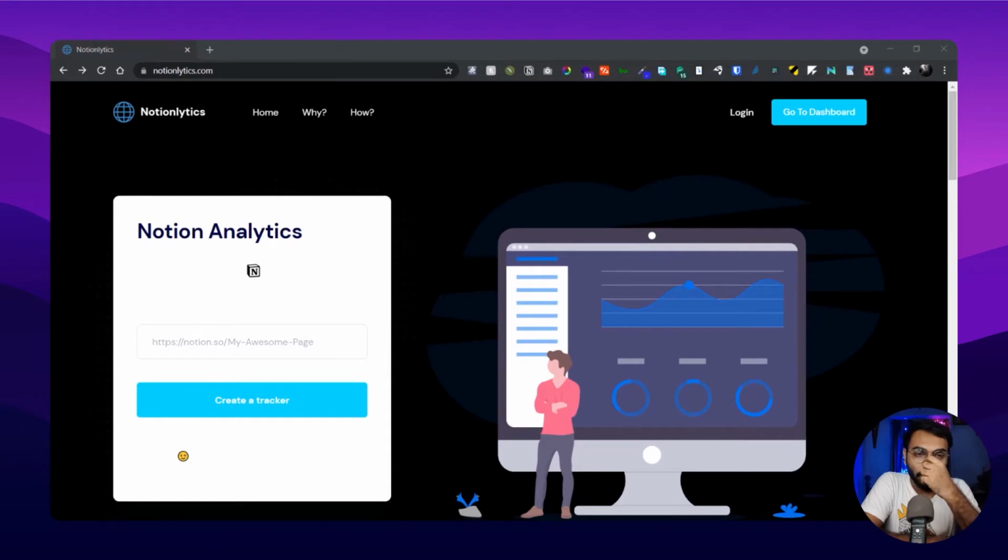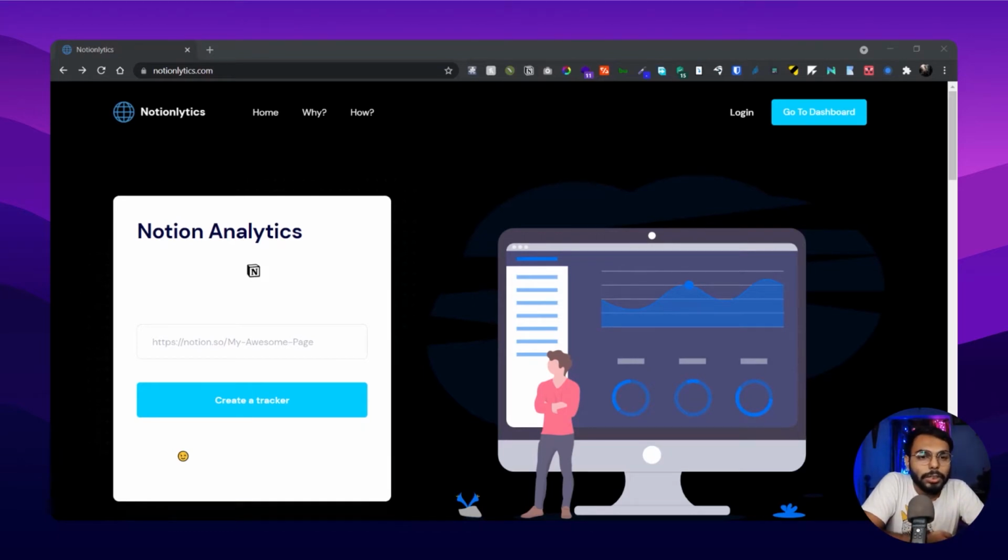So here is Notion Analytics, a simple, cool website for Notion Analytics, and it's clear from their website name, Notion Analytics, as clear as that. It's too simple, and it uses Facebook Pixel and Google Analytics in order to show you analytics.